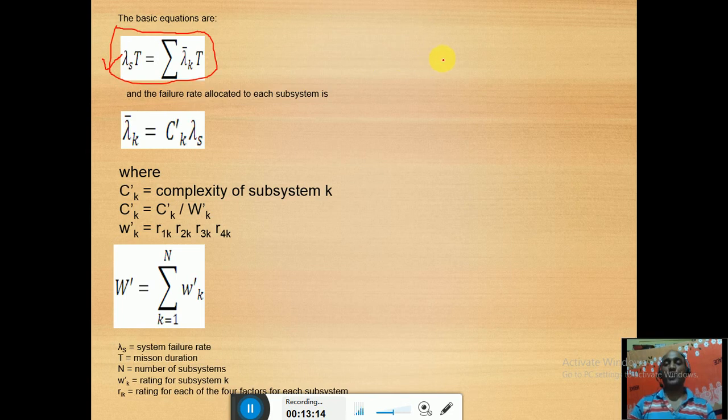It means that if you want to allocate the reliability as 0.9, we are allocating the failure rate as 0.1, because addition must be equal to 1. In another example, if you want to allocate the reliability as 0.85, it is the same as allocating the failure rate as 0.15. The addition must be equal to 1. And if you want to allocate the failure rate as 0.23, we are allocating the reliability as 0.77. Addition must be equal to 1. It is one and the same.